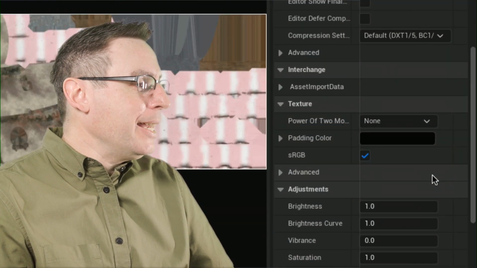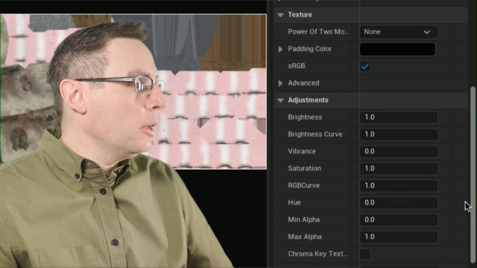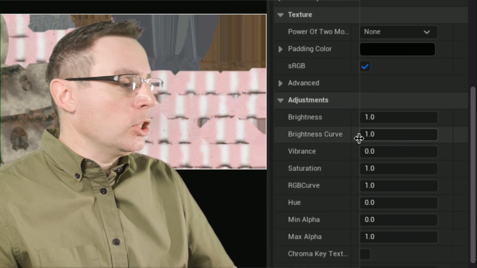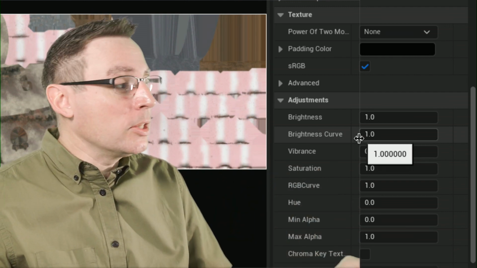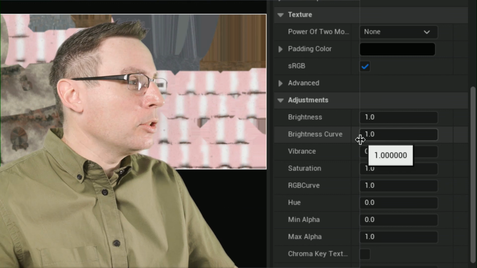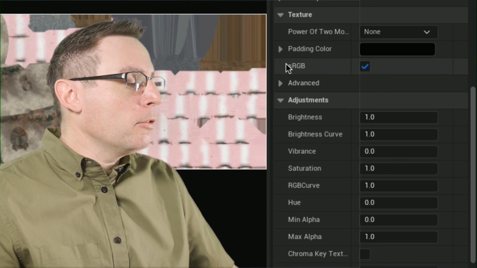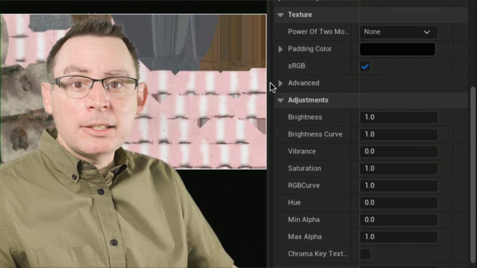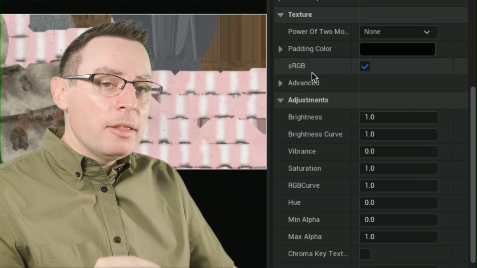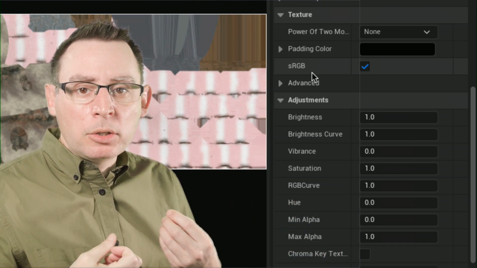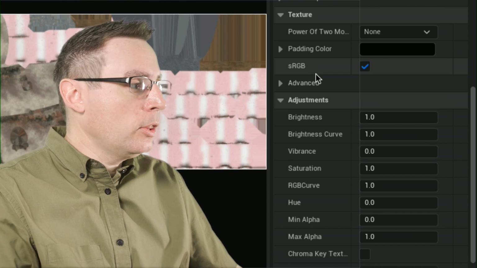If we need to make any sort of adjustment to the image, we could do that in this environment. We could saturate it. We can change the brightness and the contrast. I don't know if I really would do that here. I think doing it in Substance Painter might be a more intelligent way of doing it. But for base color, we need to make sure that the rendering engine understands that this is a color image and the sRGB flag is on. That way it's taking 100% of the color information that's in the image map and applying it to the material. So that's a good thing.